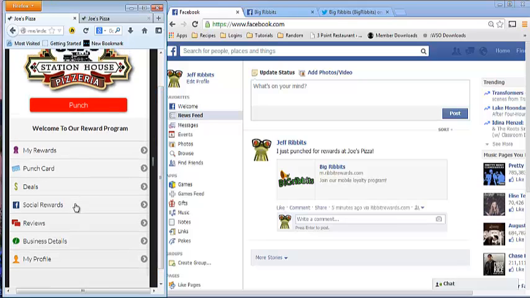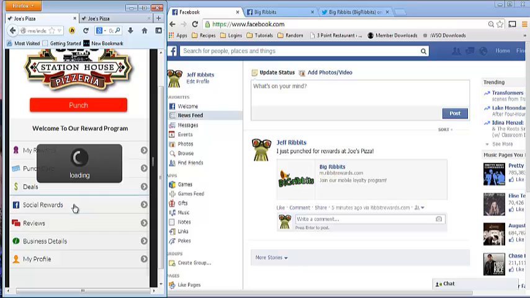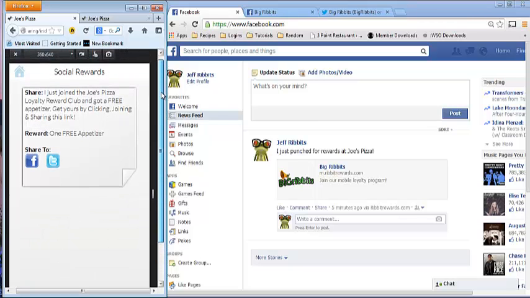So the next thing is one of the coolest features that I think is involved in this. And this is what we call the social rewards. This is where we really can help, where we really get our customers, or Joe's Pizza gets his customers, broadcasting, promoting his business for him. Now, one of the big things I always highly recommend to my clients is that they actually have some kind